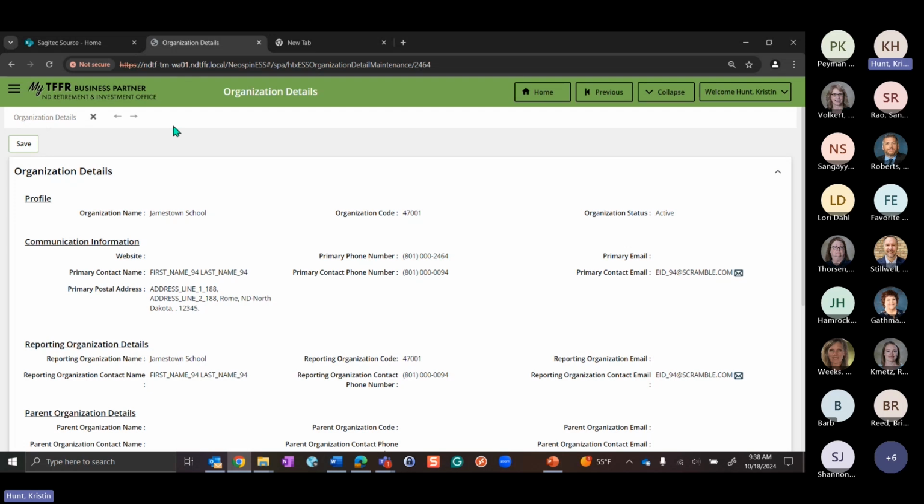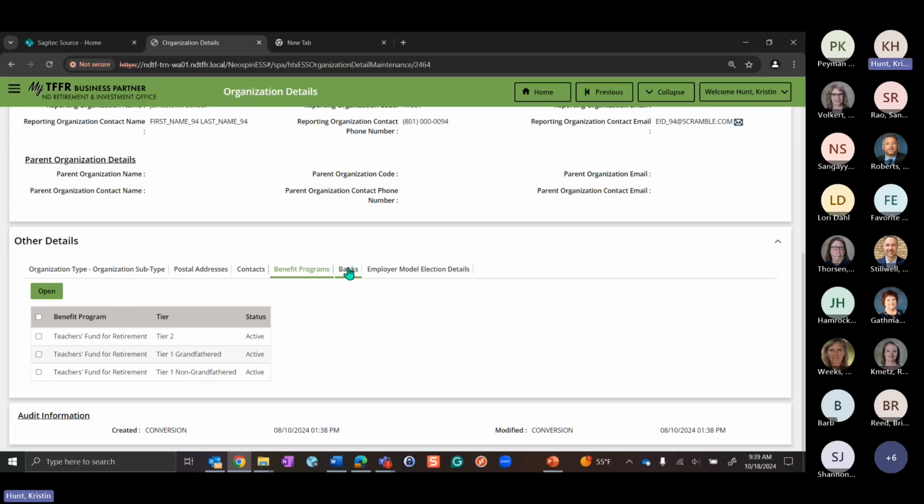Or I've also heard it referred to as the Domino's Pizza Tracker. That was my old boss that used to refer to it as that. But as you're working through the system, it just remembers the screens. And this is just another way for you guys to navigate around. As you saw, I just clicked the X and it took me back to the previous screen. But if I wanted to, I could just use these arrows as well to navigate back and forth between the different screens as I open them up.